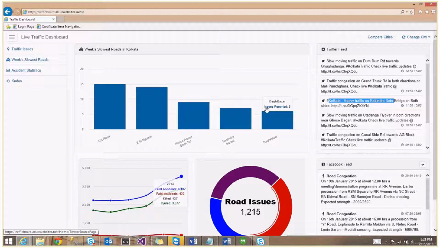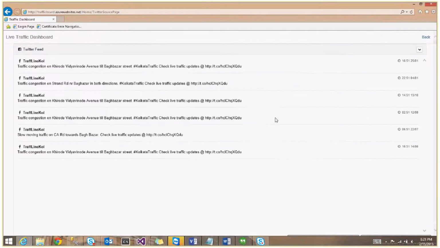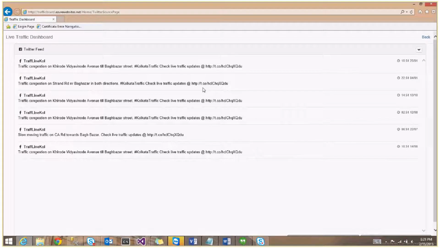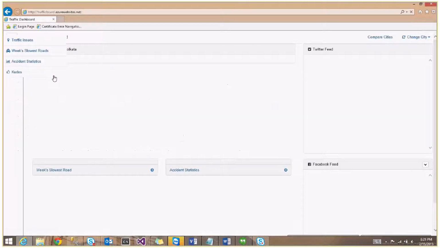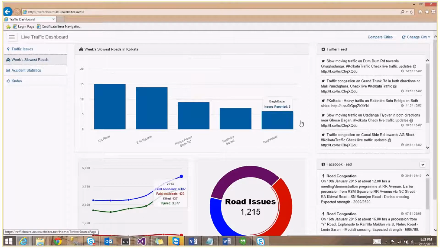Similar to traffic issues, if we click on any of these routes, let's say I click on Bagh Bazaar, we can view the Twitter feed that was used to derive the data for plotting week's slowest road. These are the issues for slow traffic reported in Bagh Bazaar Road. Like you can see, all of the issues are for slow traffic in Bagh Bazaar Street. We have 6 such issues, and in the original home screen also we had 6 issues that were reported.